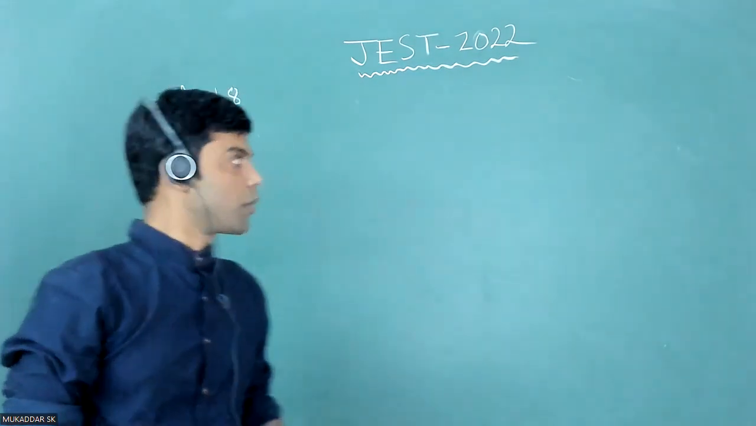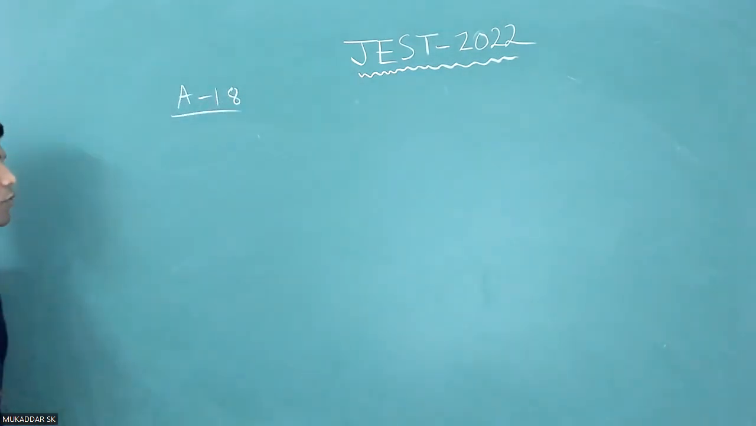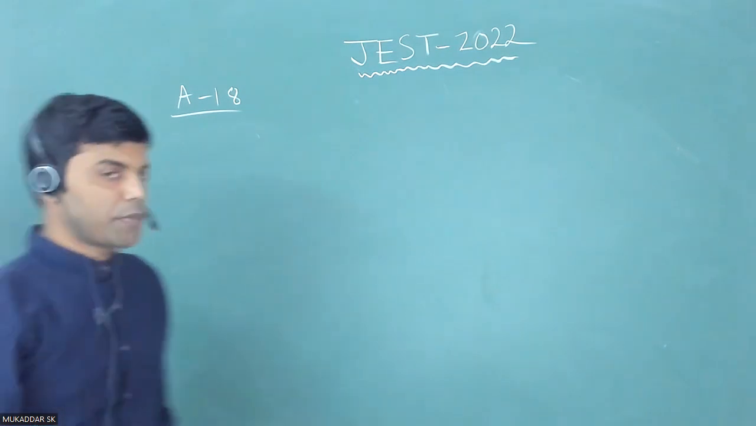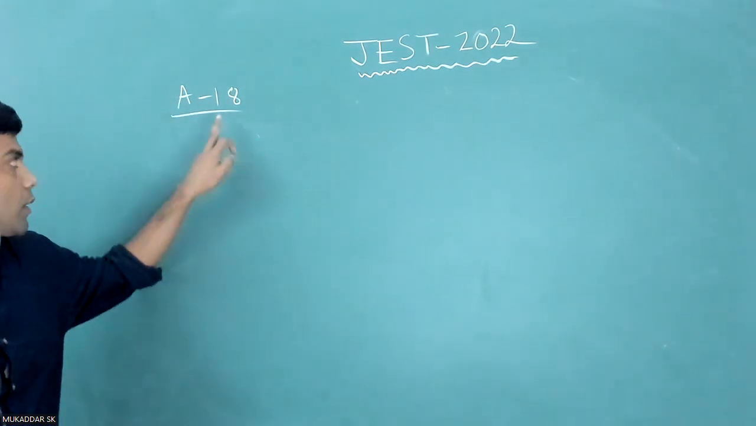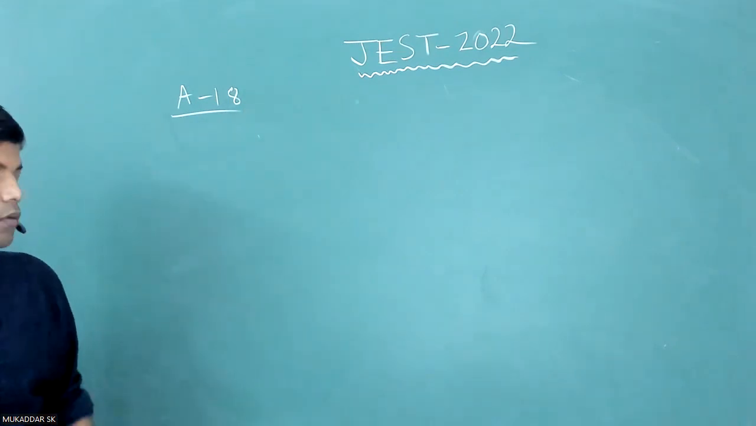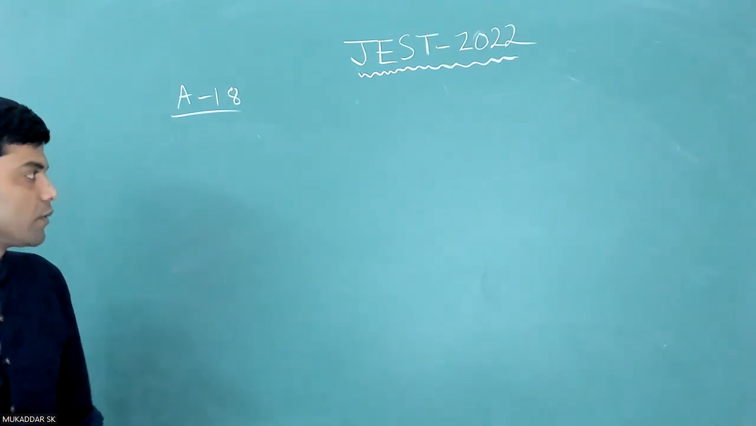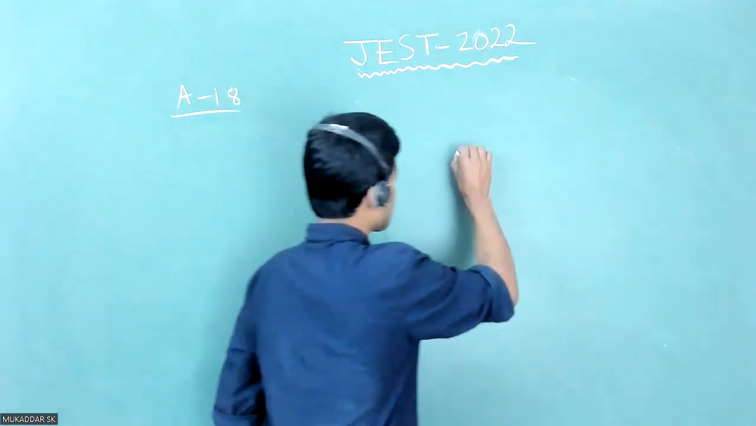Hello students, today we are going to solve a question from JEST 2022. It's a part of optics, thin film interference. The question number is A, part number 18. And the question is given, you have a thin film